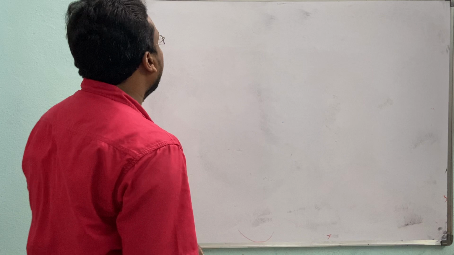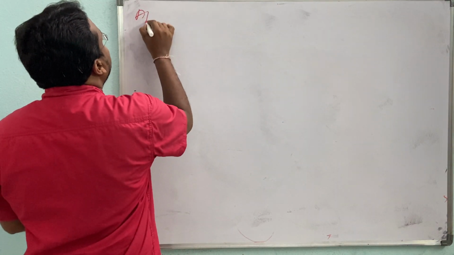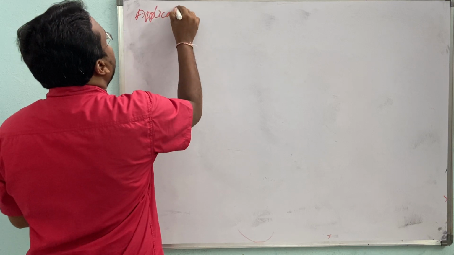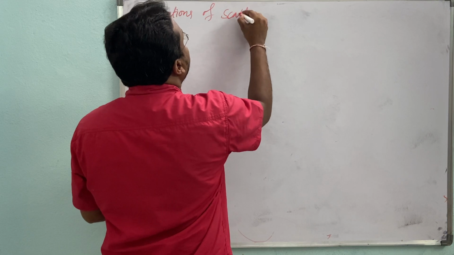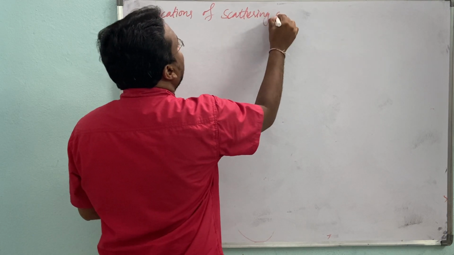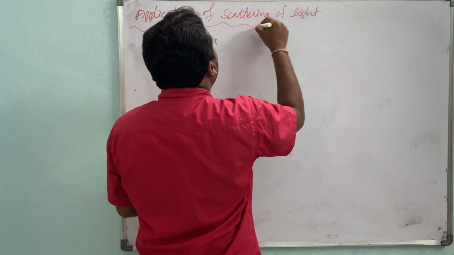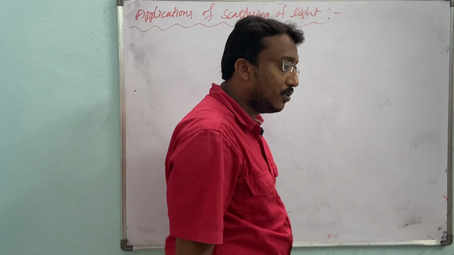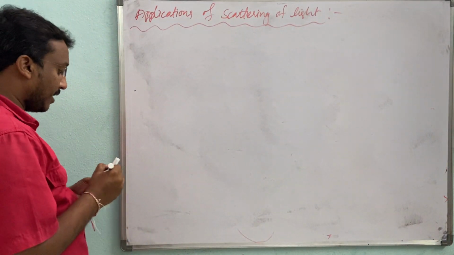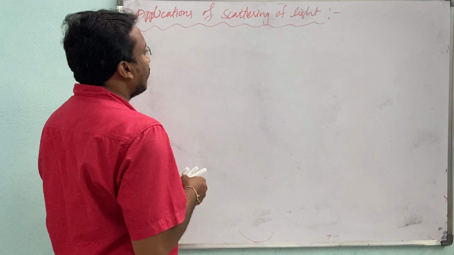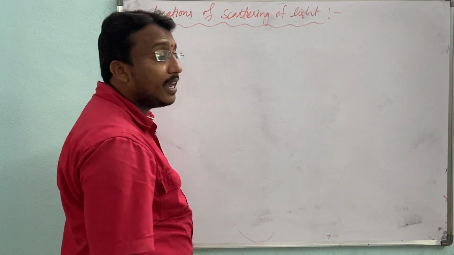Got it. Now we are going to discuss some of the important applications of scattering of light. These applications are very important. Based on these applications, you may get one question in the annual examination. My first application is: why is the sky appearing